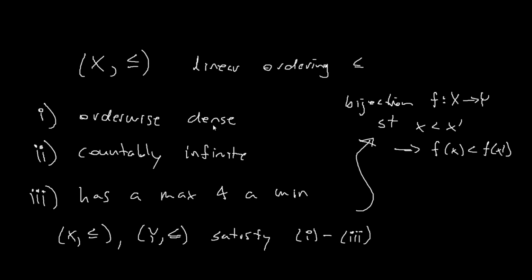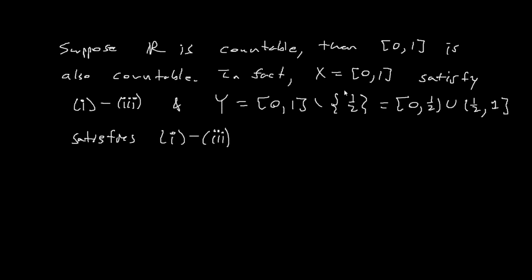Well, it's order-wise dense: between any two elements, you can find a third element between. It's countably infinite, and it has a maximum element and a minimum element. And these three properties all apply to both x and y as we define them here. The maximum is 1, the minimum is 0, and the other two properties follow by properties of the real number line. Okay, well, if this is the case, then since both satisfy properties 1 through 3,